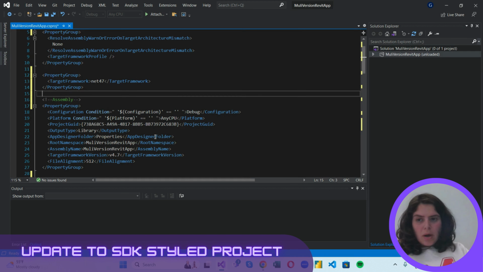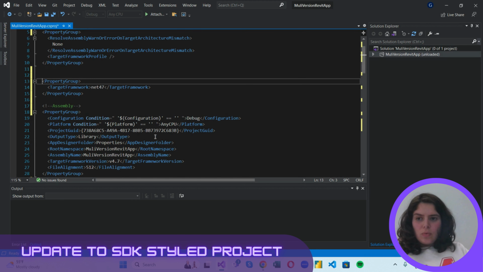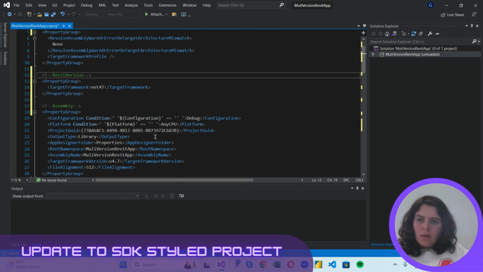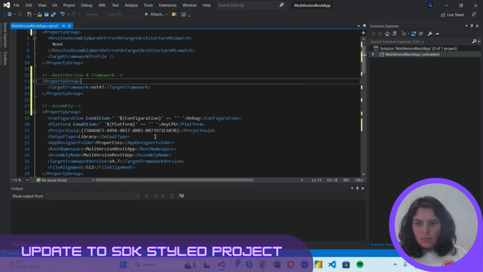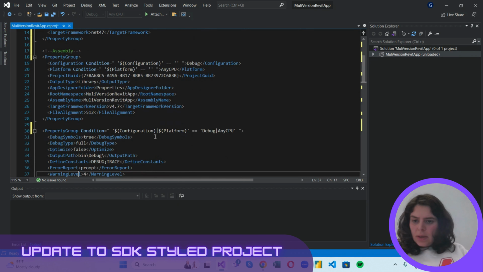In the future, I would like to put all the information relevant to the Revit version over here in this property group. And the framework. Over here right now,